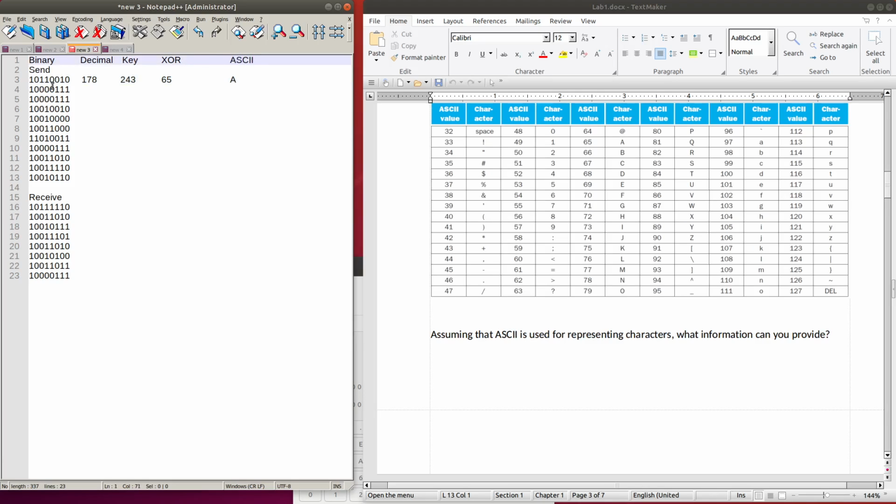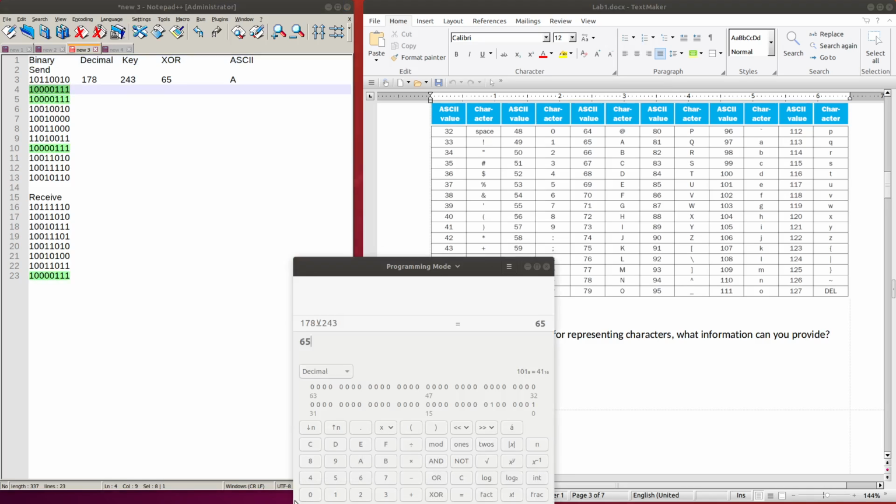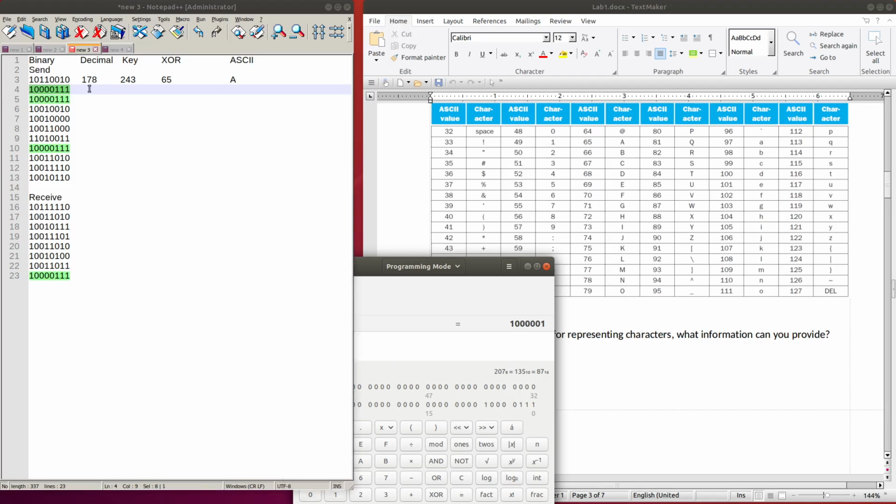Similarly, we have this value in binary, which will be 135 in decimal.